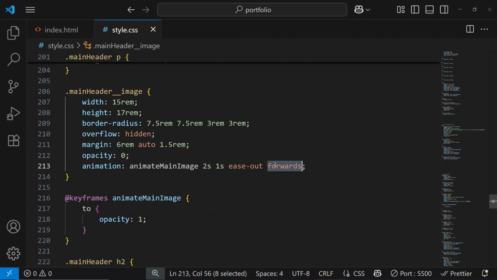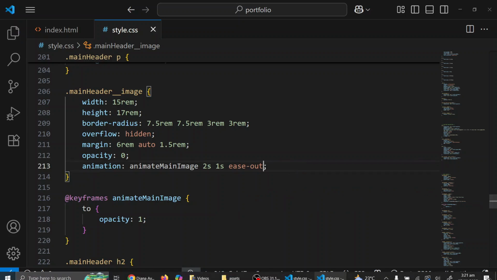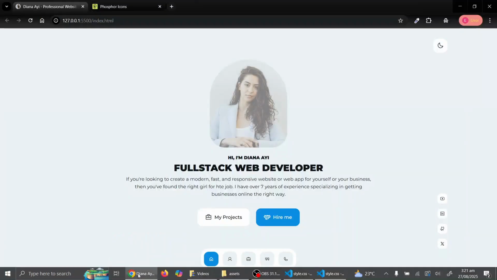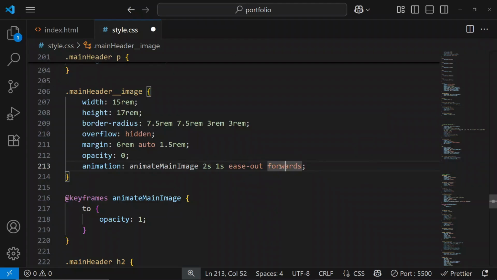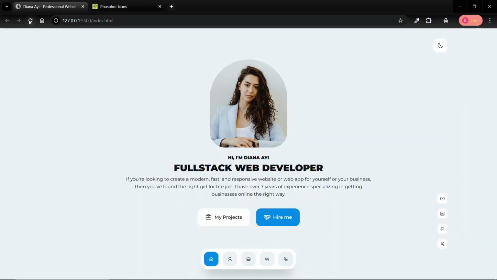And this forwards is basically, let me just remove it so that you see what it does. And so yeah, we have the animation, but then you can see it vanishes. So with the forwards, it makes sure the animation ends at the end state of the keyframe, okay, instead of returning to the previous style that we had. I hope that makes sense. All right, so once we come to the page and reload, we have a fade in and the image actually stays. Okay, now let's proceed and do the same, very similar then, for the call to action buttons